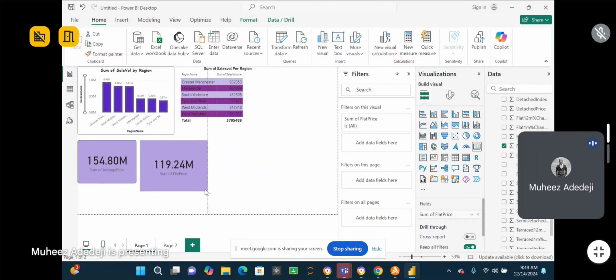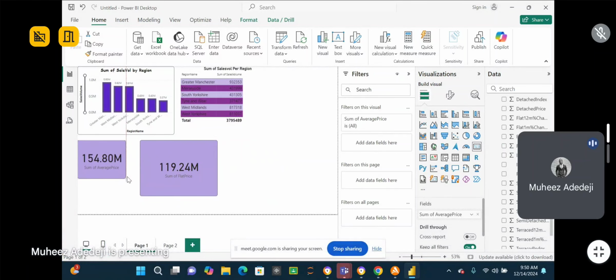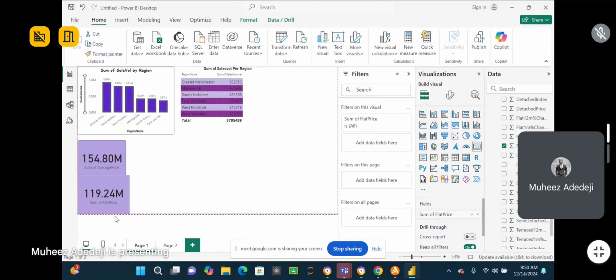You can also do that for the size of your card. Take for example, I've already sized this one to the perfect size that I want, right? And I also want this to be the same size. All I need to do is just click on this format painter and click on this. So here, I want to